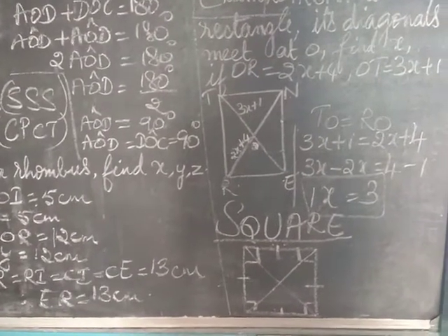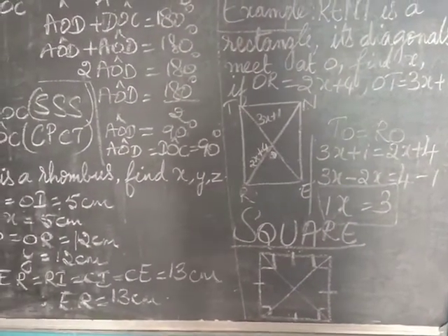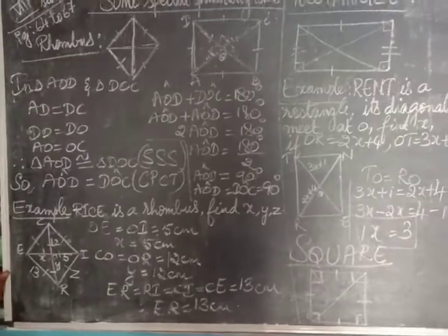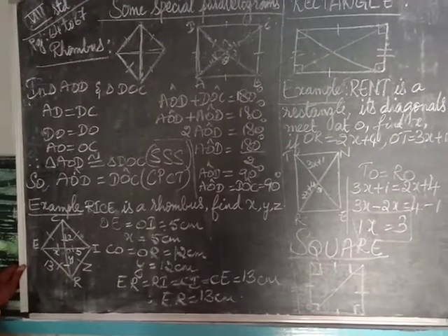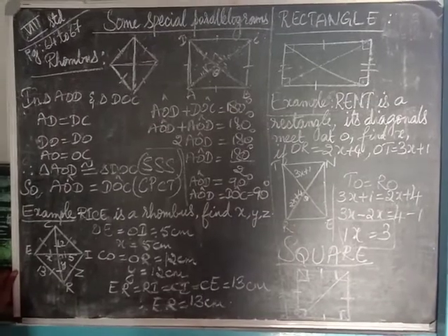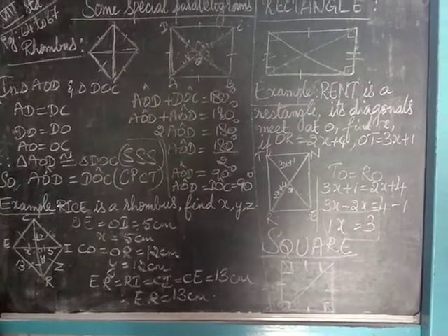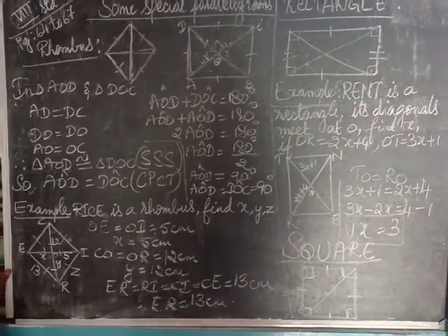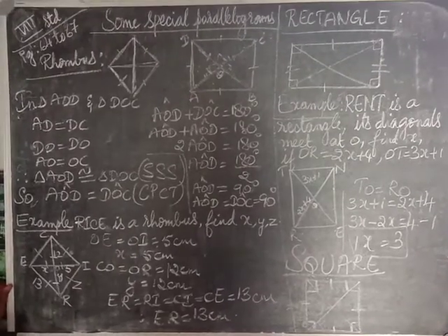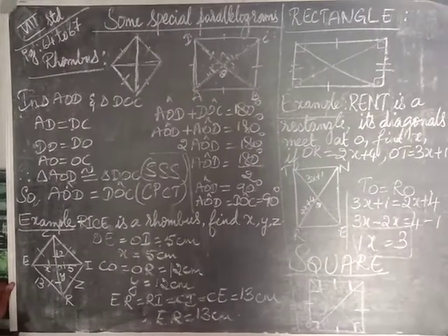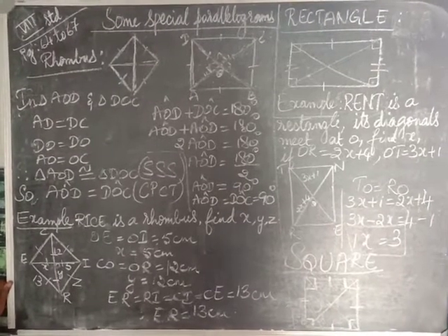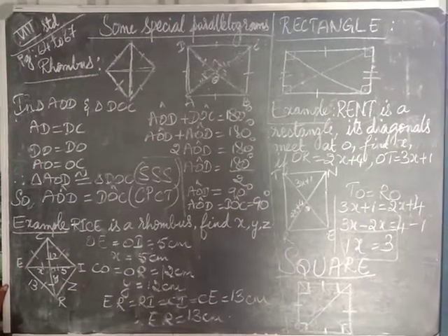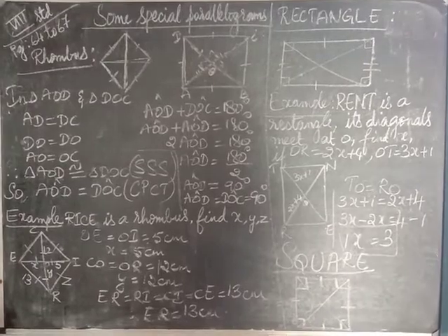Okay children, and based on this concept of rhombus, rectangle, square, we have exercise 4.4. In exercise 4.4 we have true or false on page number 67. Those all come under the concepts I have already explained, and I have sent the notes in the classwork also. So you can study from the notes. If you find any doubt, you can call me.